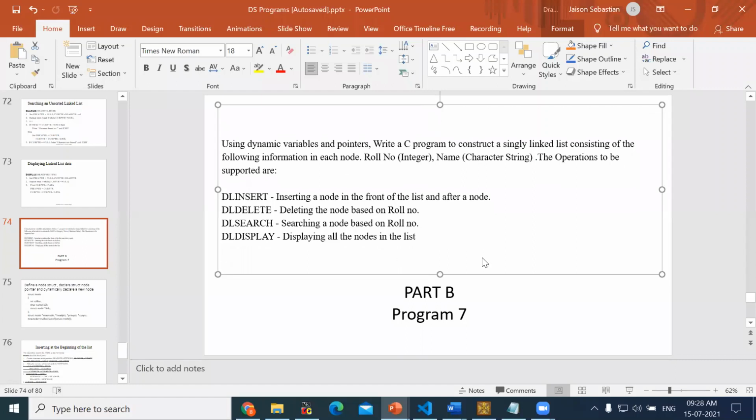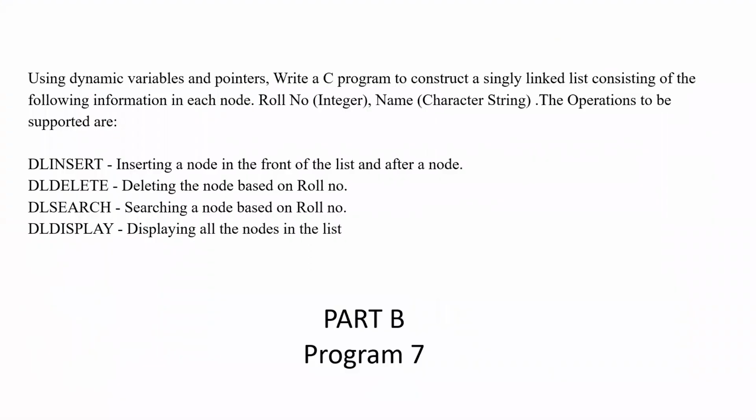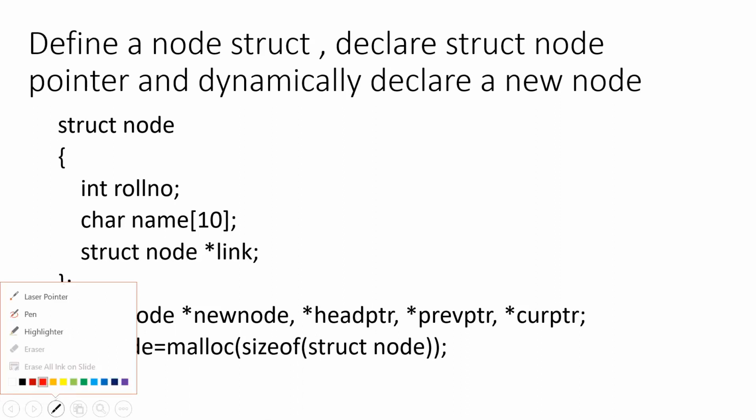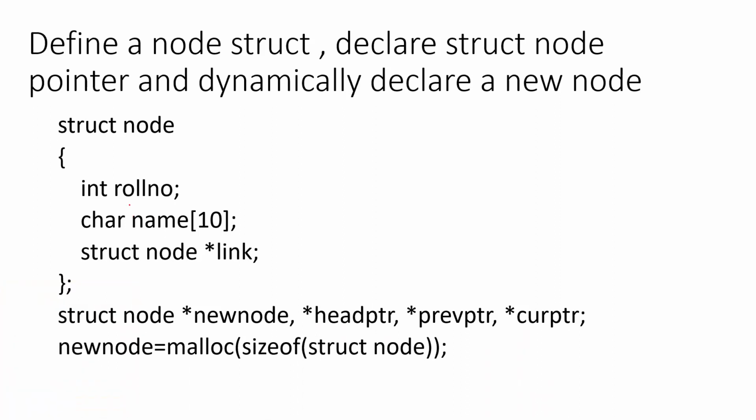So we will type the program. You know what are the things which you have to take care. I had explained many times. I'm tired of explaining. Anyway, for creation of the node, we will be using struct node, or structure, in order to create a node which is having actually three parts. Two parts are used for storing the data. Data is consisting of roll number and name, and a link part for having the address of the next node. Got it?